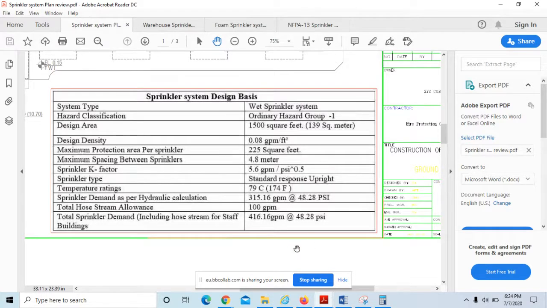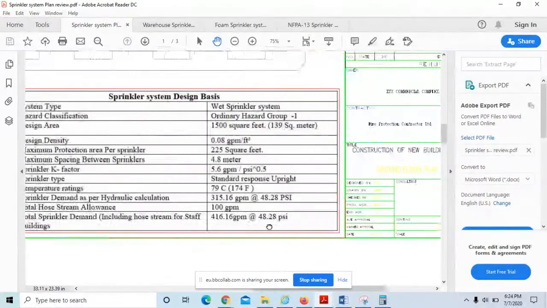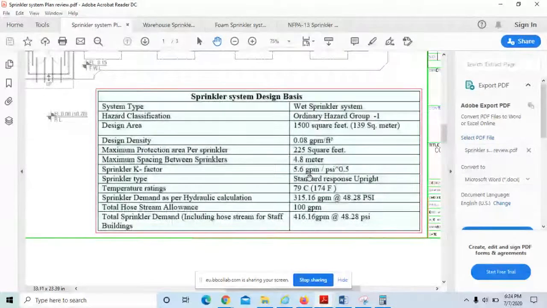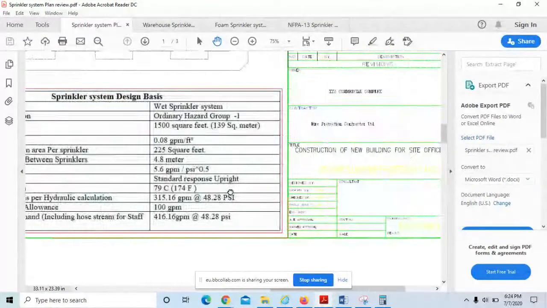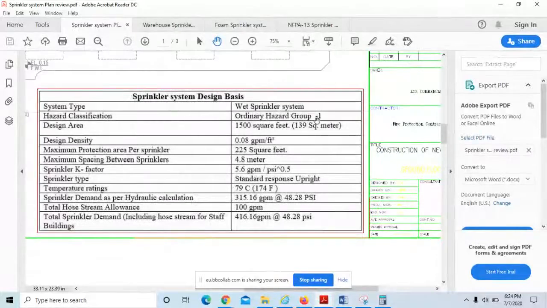And what about the temperature ratings? This table has a lot of deficiencies. Yes, because these deficiencies were made by me. There is no deficiency at all in the original, but I modified it from one of my previous projects, so that once you are going to review the plan, it comes into your mind.